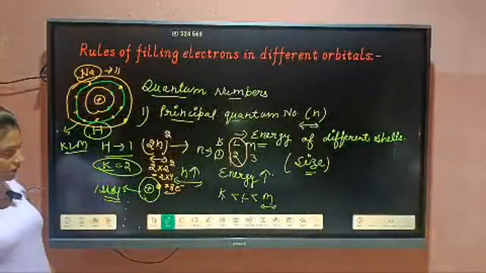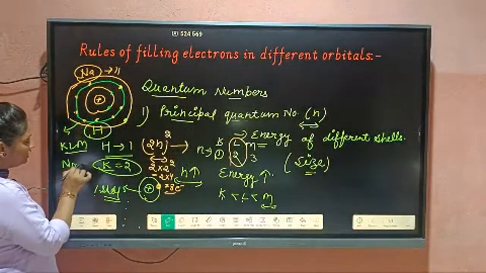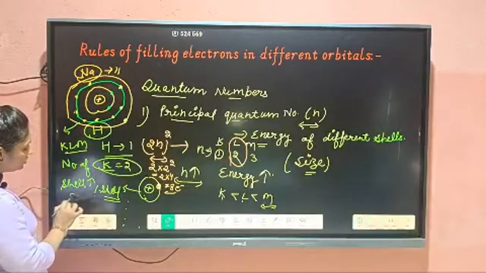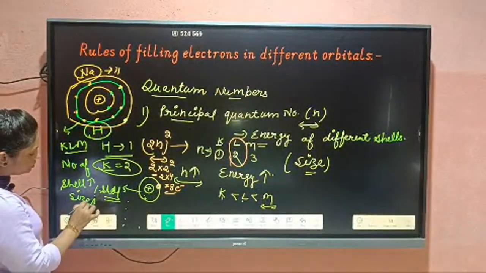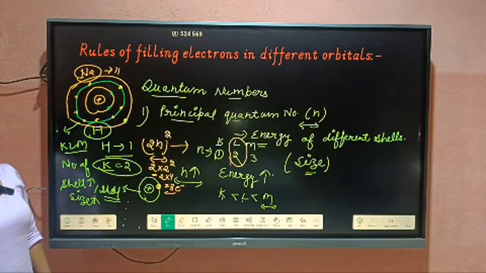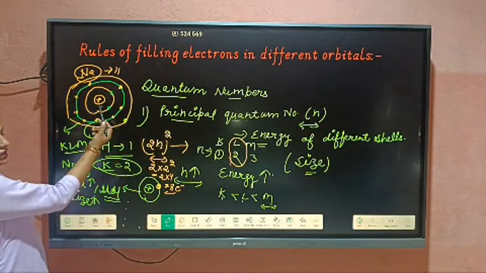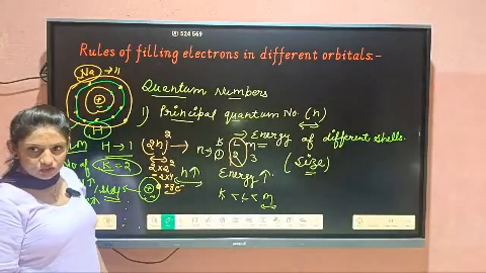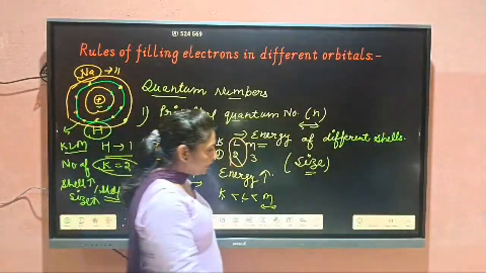So if the number of shells increases, then size also increases. From here we can say that the size of sodium is greater as compared to hydrogen. Clear or not? Students,